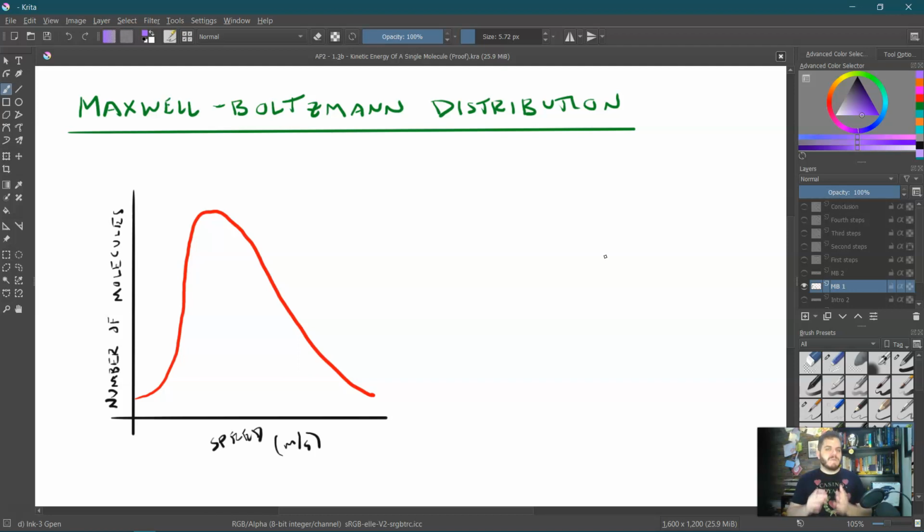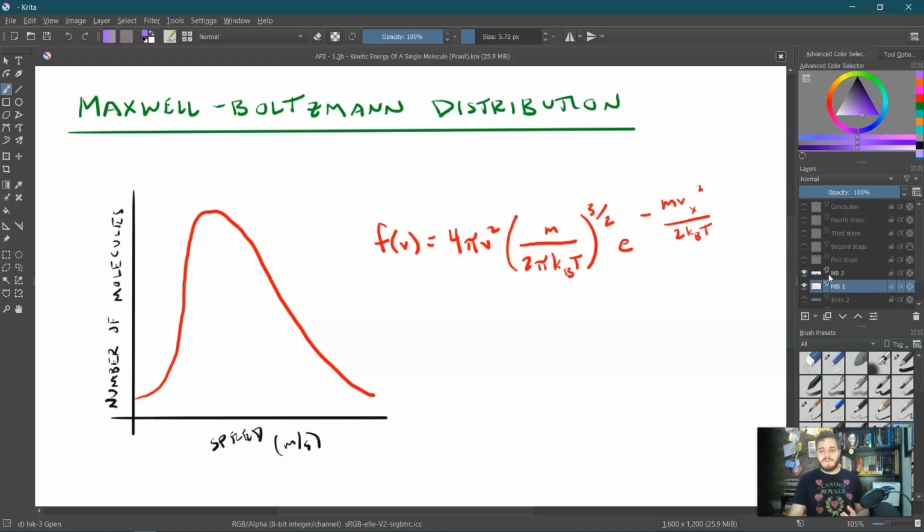To do it 100% properly, you would have to do a derivation of the Maxwell-Boltzmann distribution in 3 dimensions, an analysis of it. And to help put that a little bit in perspective, the equation for that looks something like this. Not real pretty. There's a lot going on there. Kudos to James Clerk Maxwell and Ludwig Boltzmann, two of the greatest physicists who ever lived, who were able to analyze this theoretically and by hand in the 1800s,